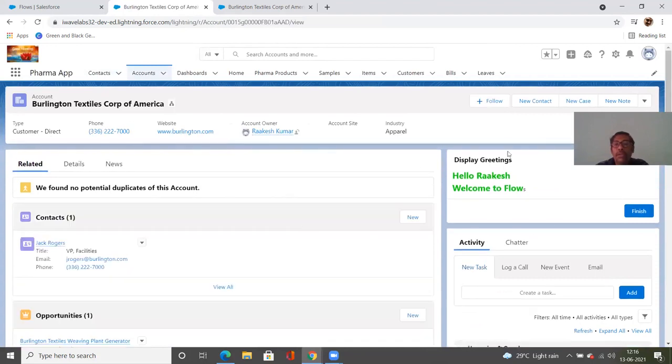Now see here, the flow is working. It is a dynamic flow. You can see automatically my name, Rakesh, is coming here. This is an example of a dynamic flow.